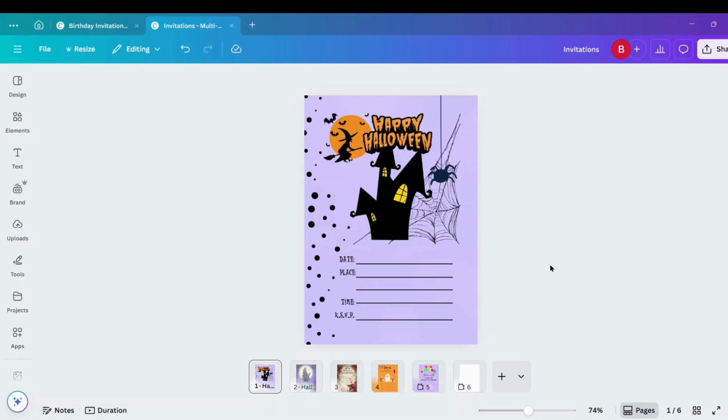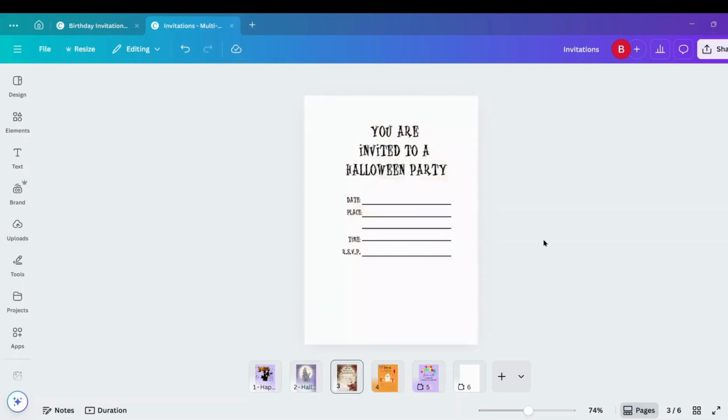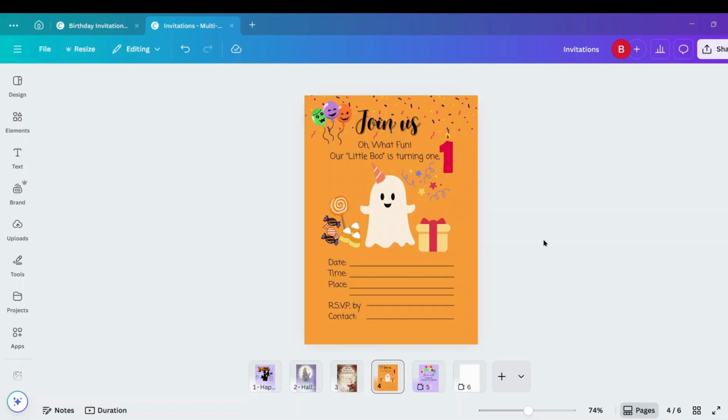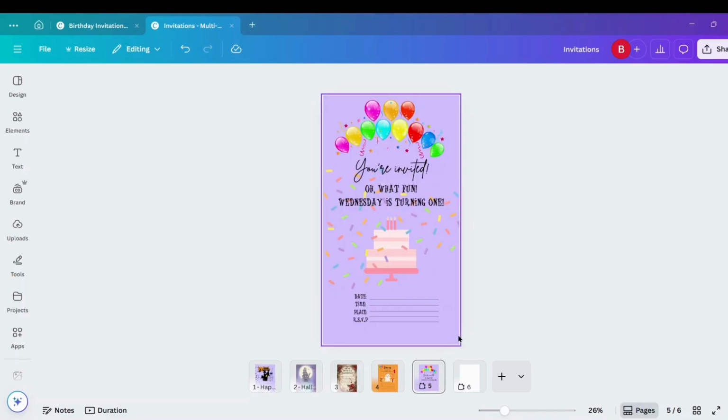Today, I am going to be sharing how to create a mobile invite using Canva. It's getting into the holiday season where people are going to be having parties and wanting to send invitations. So, if you're not sure how to create a mobile invite, I'm going to show you right now. These are some of the Halloween ones that I have done, and I was also experimenting with birthdays. So let's jump into creating